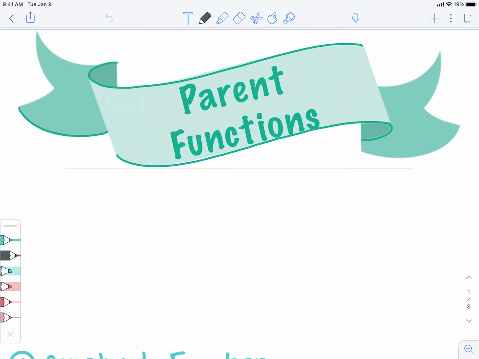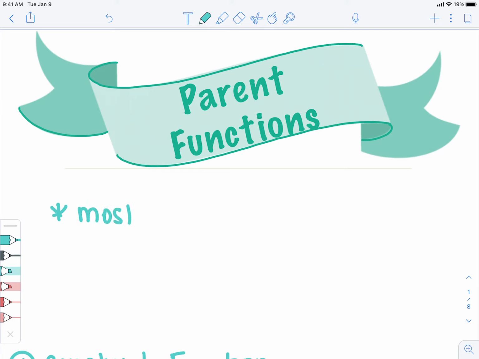We're actually going to physically play Simon Says, yes. But I'm going to give you either the equation or the name, and you're just going to show me the shape of the graph, which is also up at the front of the room to help you. So it is kind of like I Spy. So our parent functions are